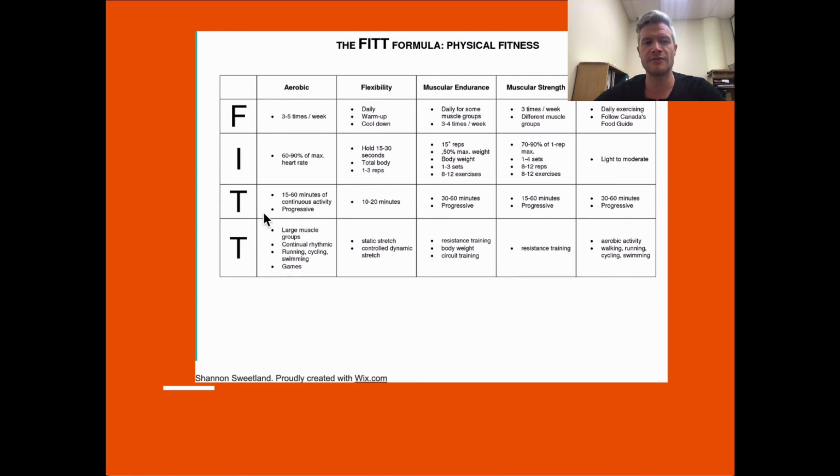Well, the type of activity includes anything with large muscle groups, continuous rhythmic movement that we can continually do. So for example, running, cycling, swimming, some of my favorite sports. And so that's how the FITT principle works. Now we'll get into more specific guidelines for aerobic and muscular strength in particular, and we'll speak to what sort of metabolic pathways they encourage in a later lecture.